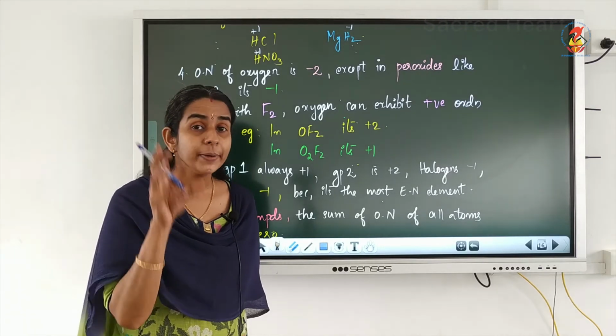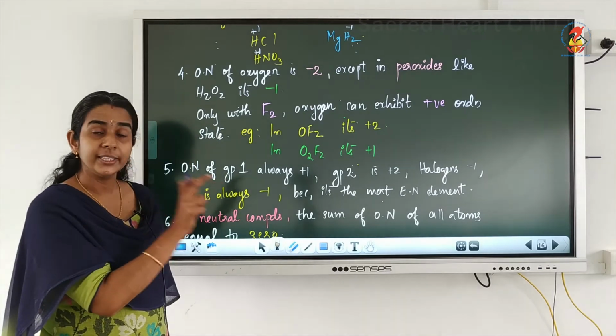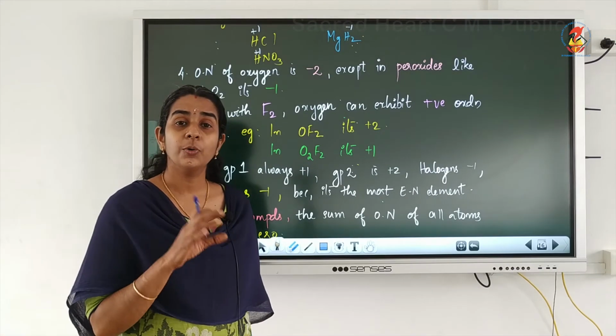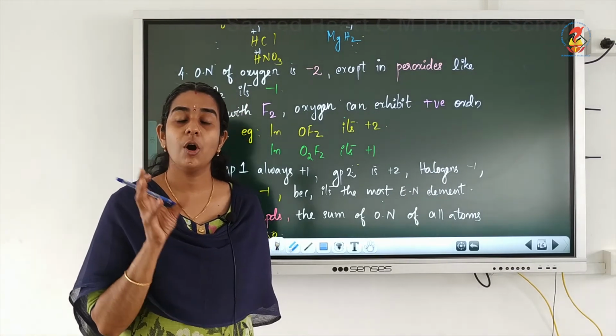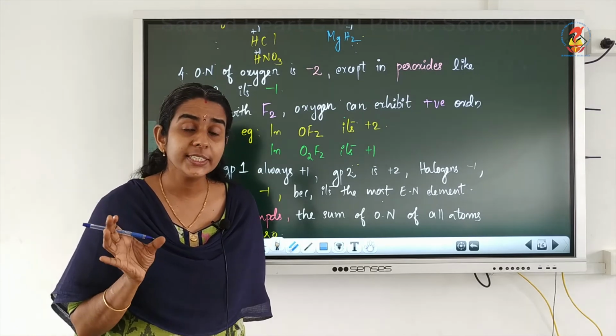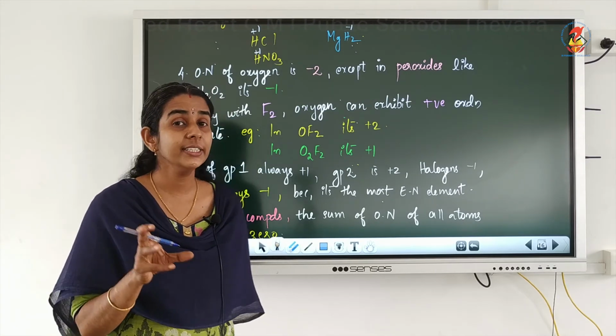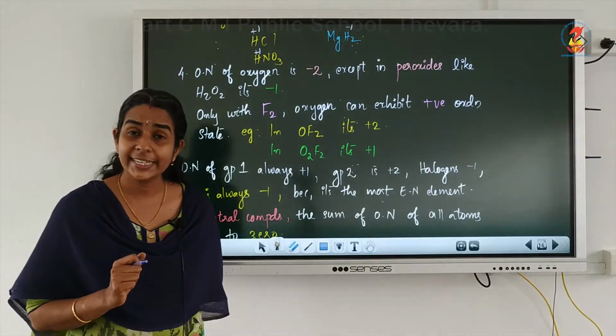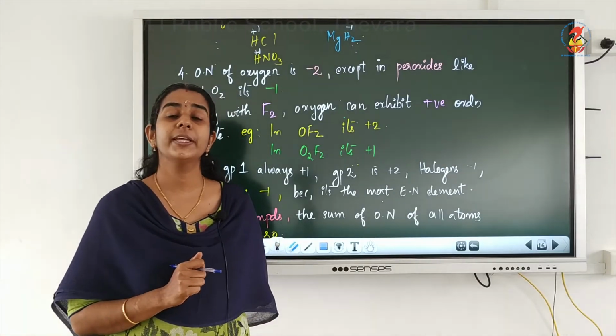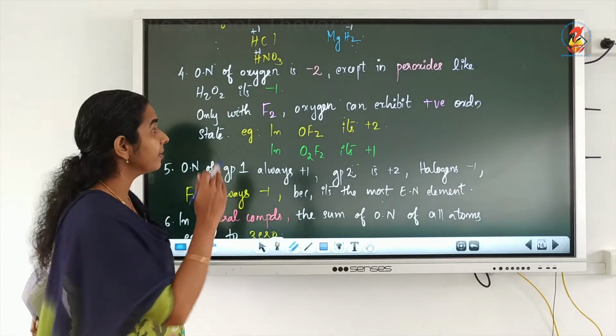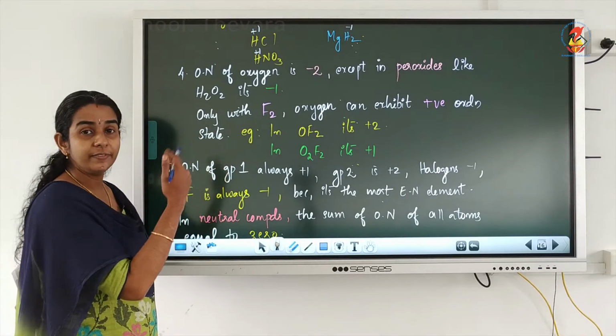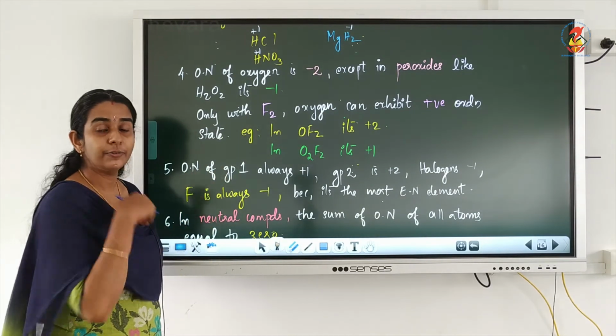Then only in peroxides can oxygen exhibit a -1 oxidation state. Now, only with fluorine can oxygen exhibit a positive oxidation state. The reason is fluorine is the most electronegative element in the periodic table. So when oxygen combines with fluorine, oxygen will be on the left-hand side and fluorine will go